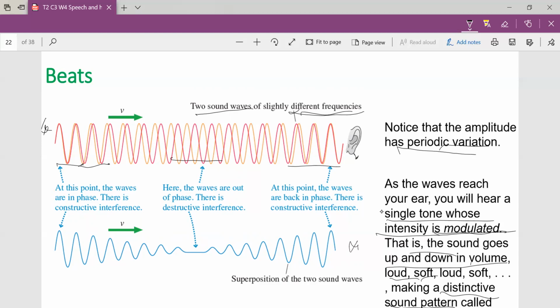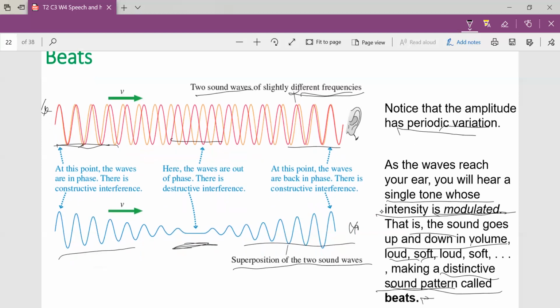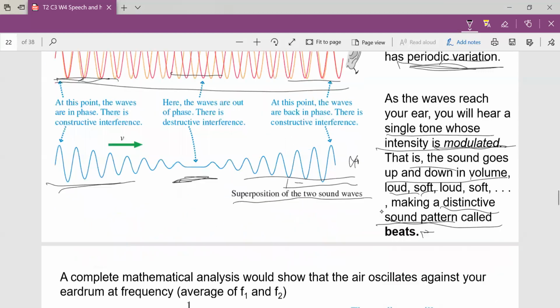Okay, so this is the combination, the superposition of the two waves. You see how this region is constructive, this is destructive, it cancelled out, and it goes to constructive as well. Okay, so if you have something whose wave formation is like this, that's where you hear a sound, then you hear another sound, and after a short interval, you hear it again. You have a periodic variation of the amplitude coming to your hearing.